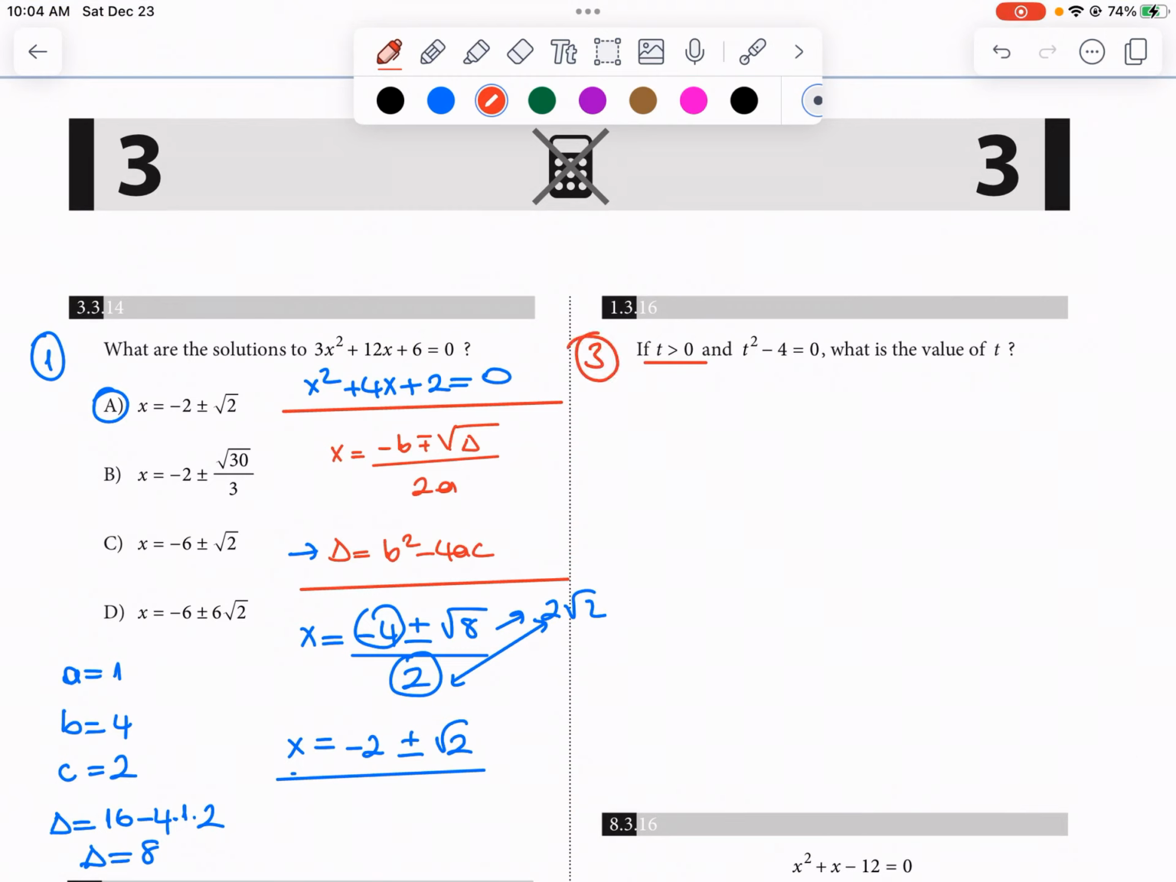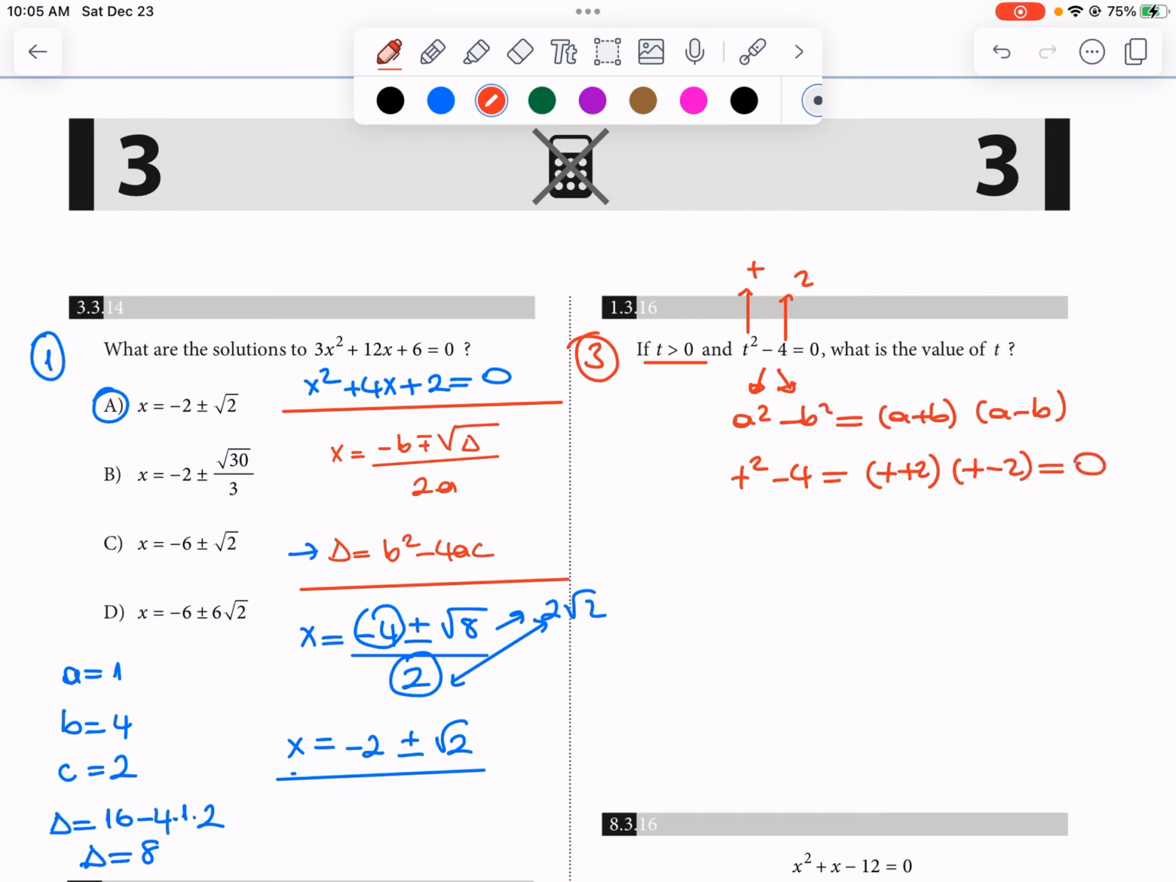In this equation, we have t. If t is greater than 0 and t squared minus 4 is equal to 0, what is the value of t? So first of all, we can factorize it. So difference of two squares. It is just like a squared minus b squared. As you know, a squared minus b squared is equal to a plus b times a minus b. First, we take the square root of these two terms. Square root of t squared is equal to t. Square root of 4 is equal to 2. Then t squared minus 4 is going to be equal to t plus 2 times t minus 2,